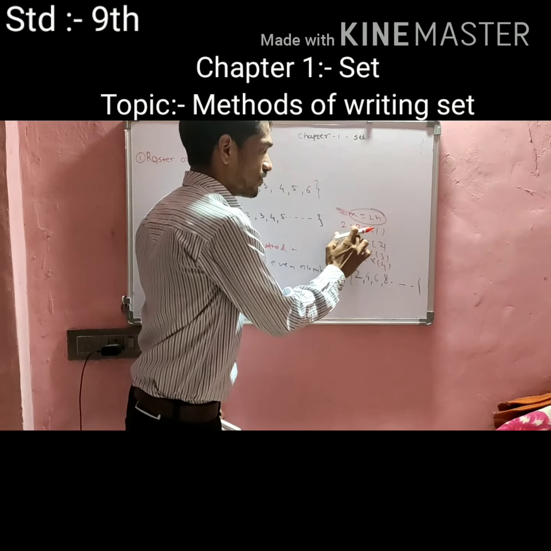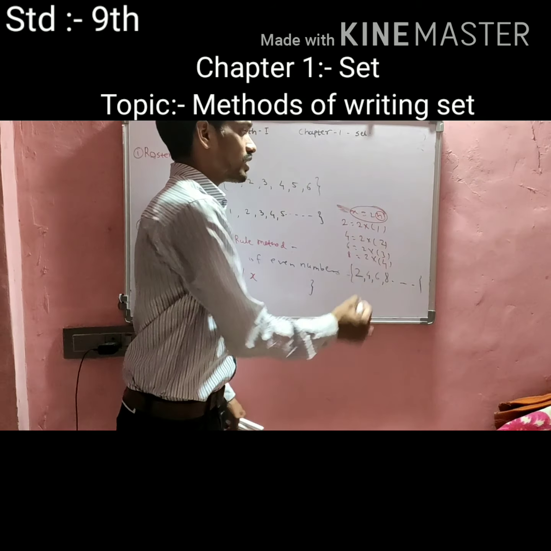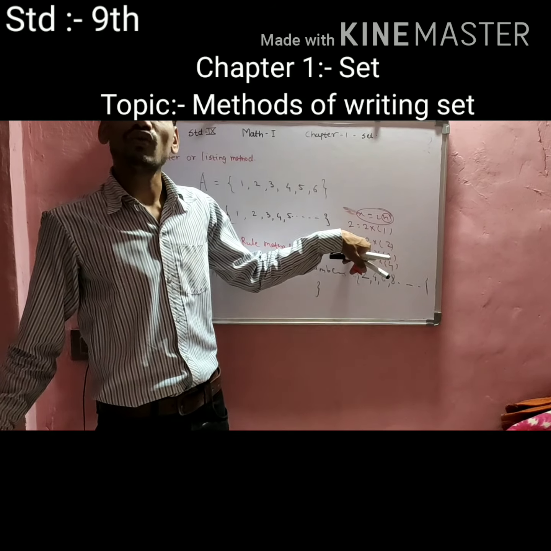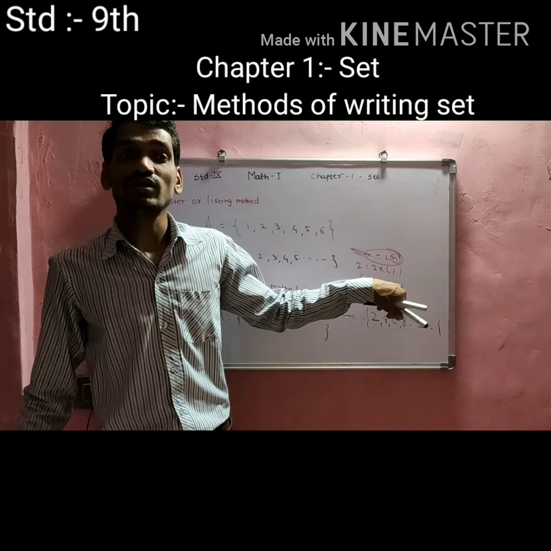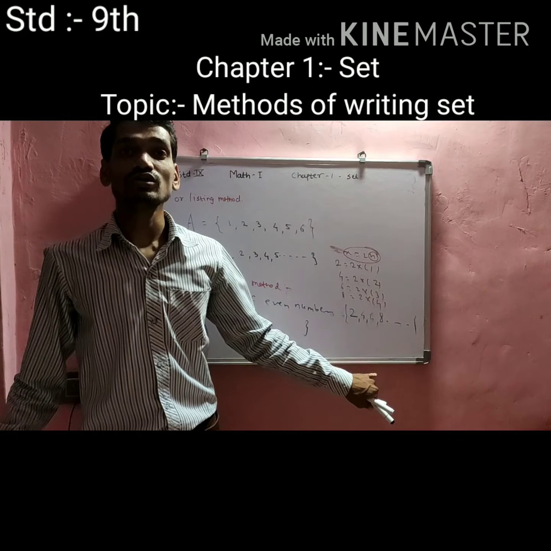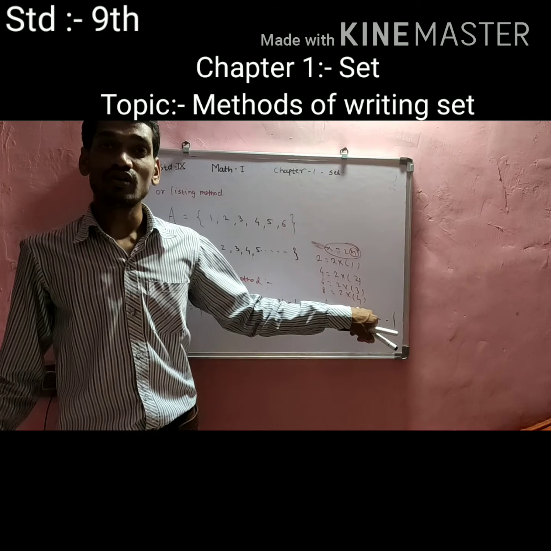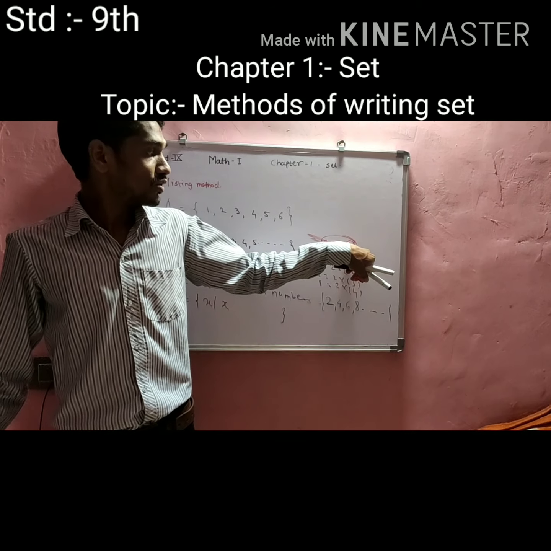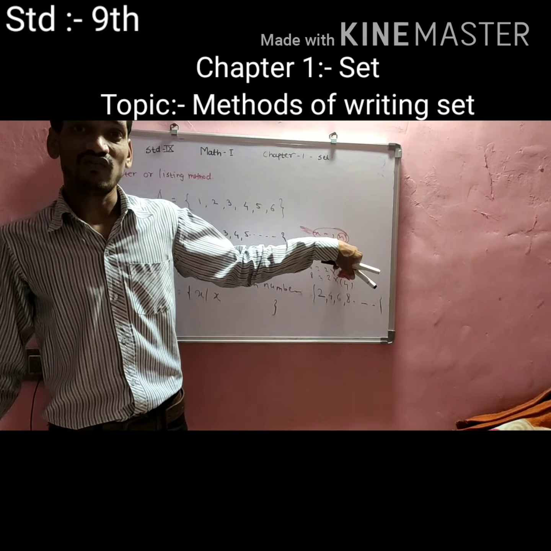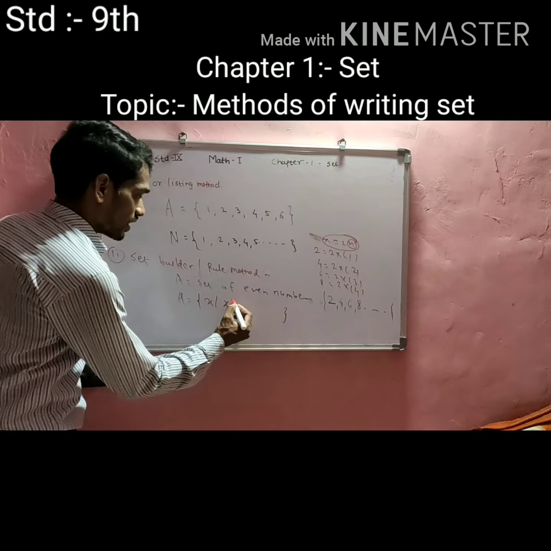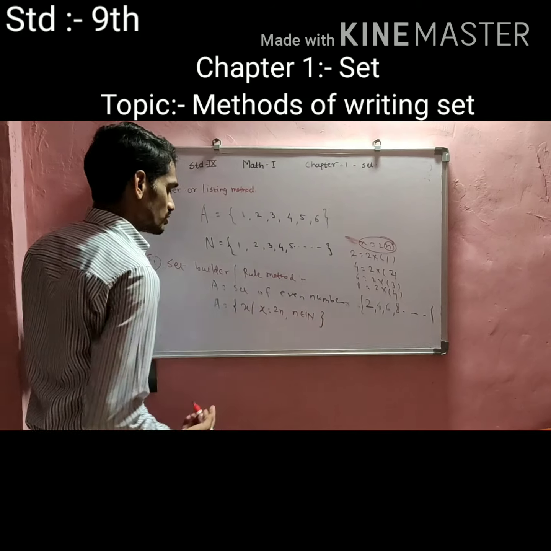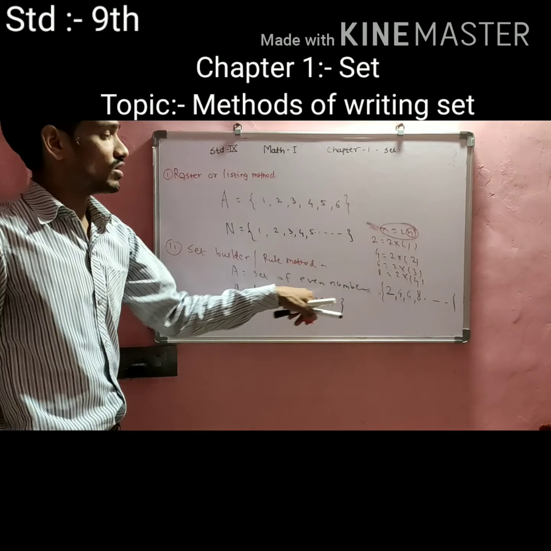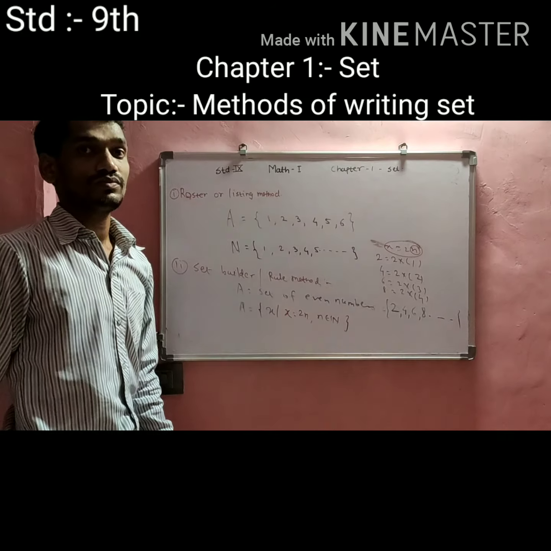Okay. If I take the first number, then you have to take n as 1. If you want the number 4, then you have to take n as 2. If you want 6, then n is equal to 3. And so on. If you want 8, then you have to put n as 4. Okay. So x is nothing but 2n, and n belongs to the natural numbers. So in this way we define the set of all even numbers in this fashion.